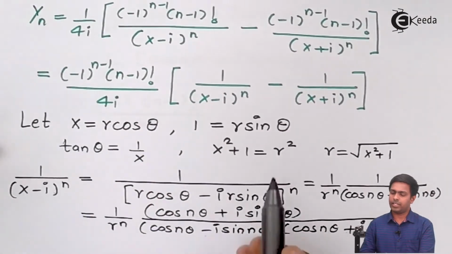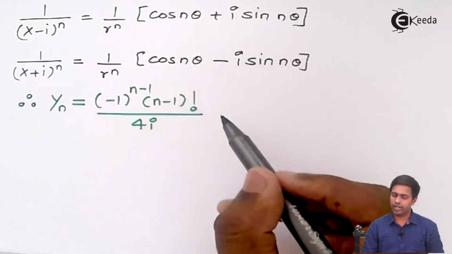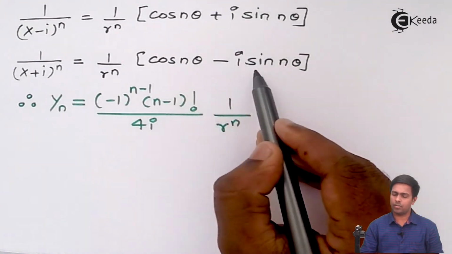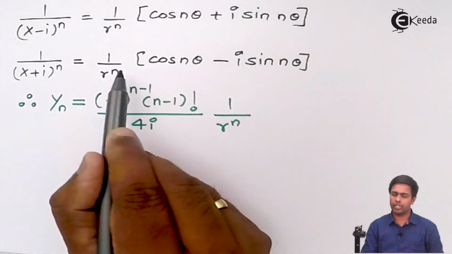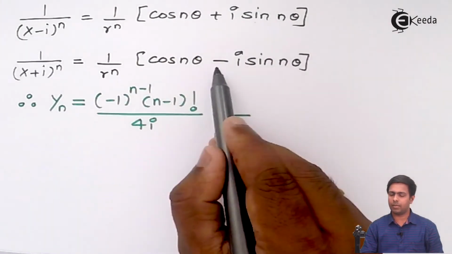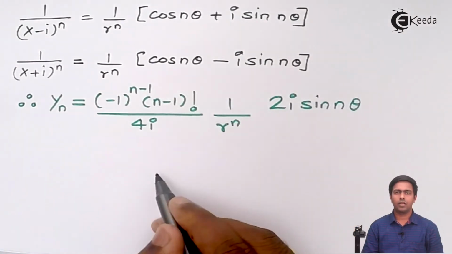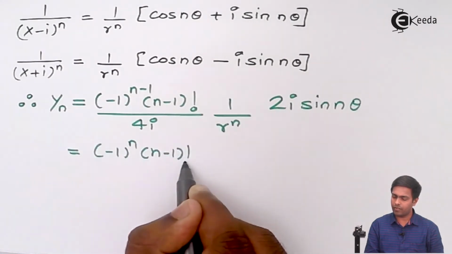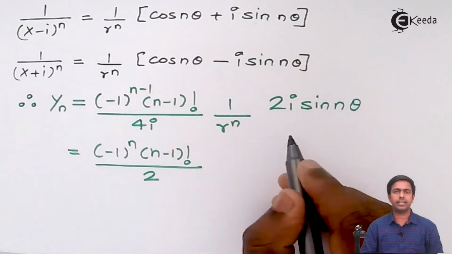Now we'll subtract these two terms. So this is the first term, this is the second term. If we subtract these two terms, we will get 1 upon r raised to n common. If I subtract these two terms, then this will become minus cos n theta plus i sin n theta due to the negative sign. So cos n theta and cos n theta will be cancelled, and i sin n theta plus i sin n theta will be 2i sin of n theta. Now guys, i and i cancel, so we will get minus 1 raised to n, n minus 1 factorial, 2 1s are 2, 2 2s are 4. Then this sin n theta as it is.